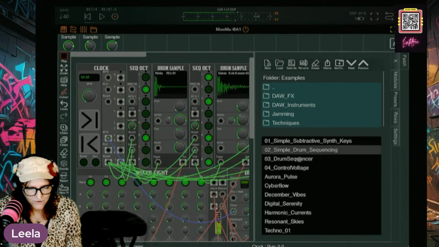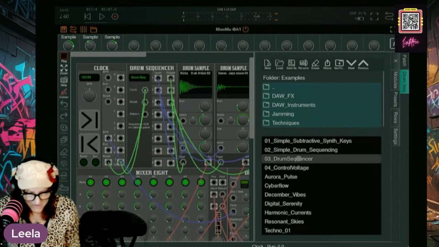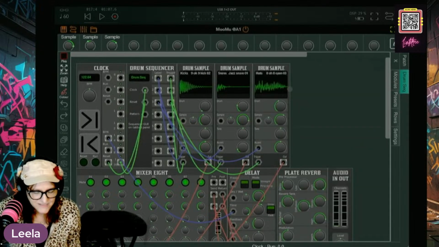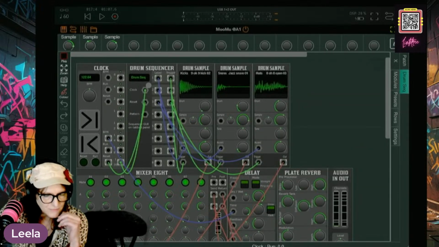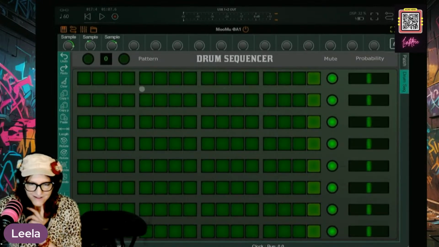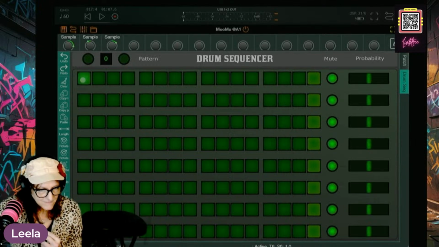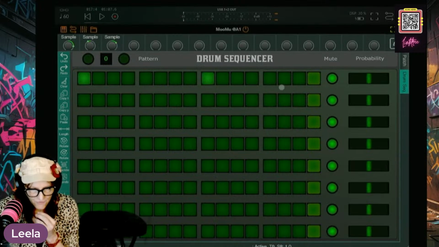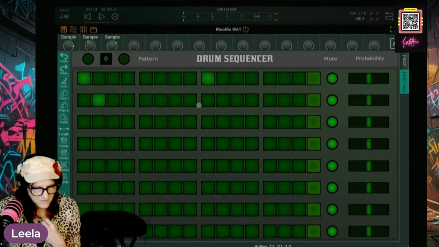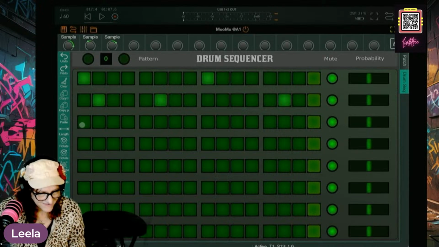Okay, now let's check our drum sequencer. See, that was cool. It had a really crunchy little boom sound underneath it. Okay, now here's your drum sequencer, and that's going to show up over here. Look at that, guys. Now we can be like, this is powerful. I'm just going to throw in some things here.